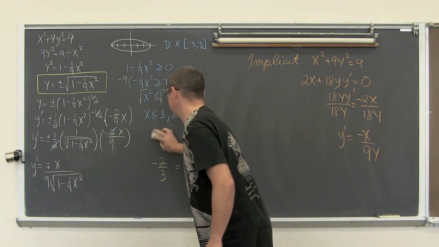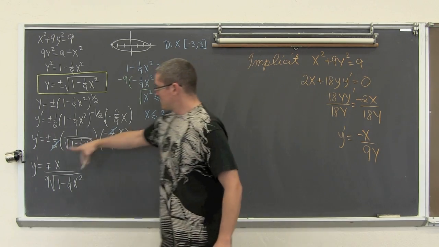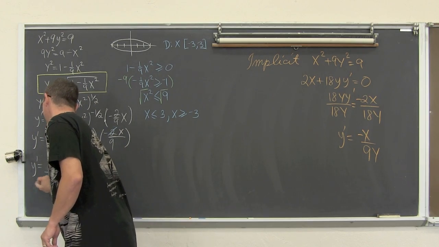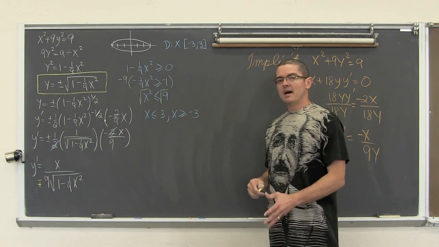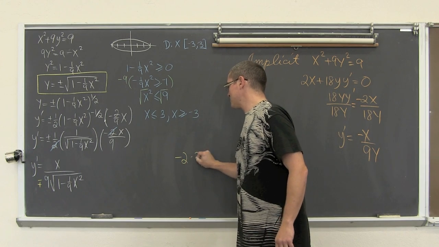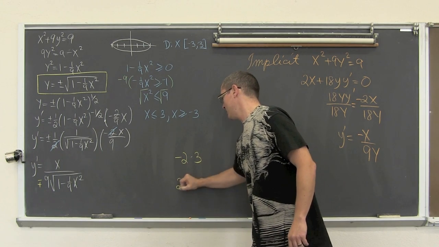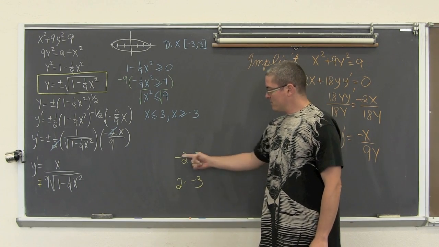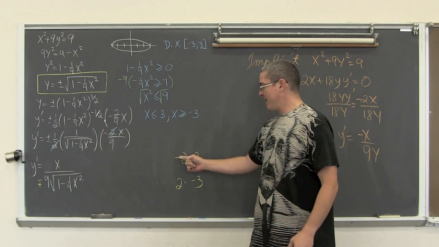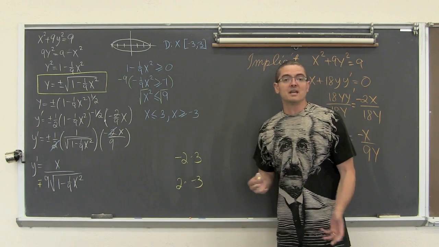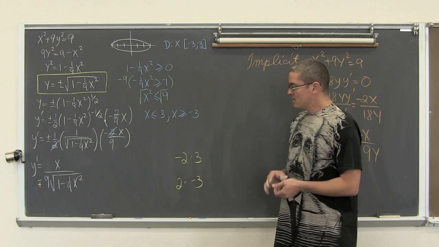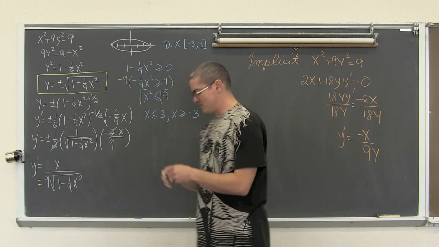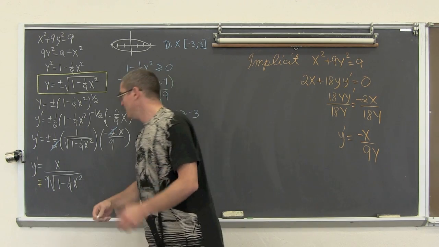So I'm going to move this negative positive that's with the x to the bottom of the fraction. Now, negative 2 times 3 is negative 6, and 2 times negative 3 is also negative 6, right? So when you're doing multiplication and one of the factors is negative, it really doesn't matter which one of those factors is negative, you're still going to get the same product. So now what I'm going to do is make this look, I'm doing those in tiny little steps. I hope this is making sense and I'm not going on too long for you.